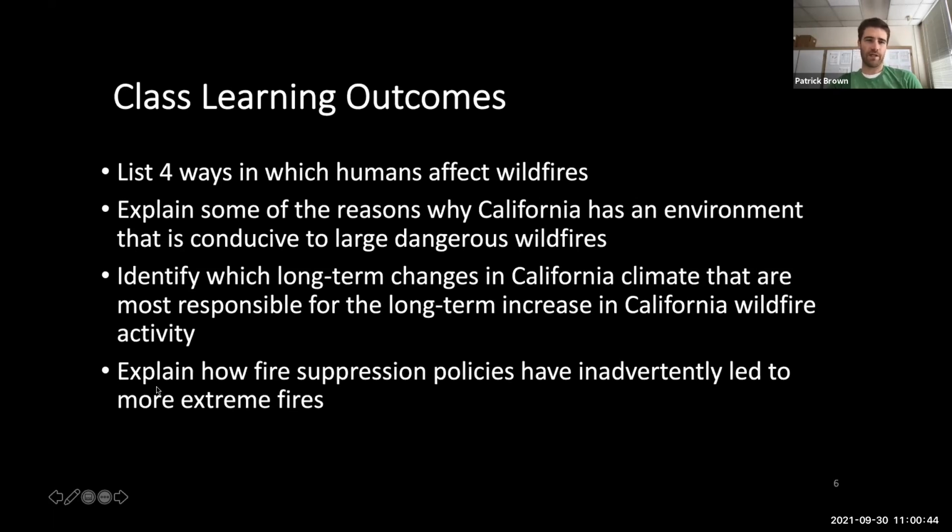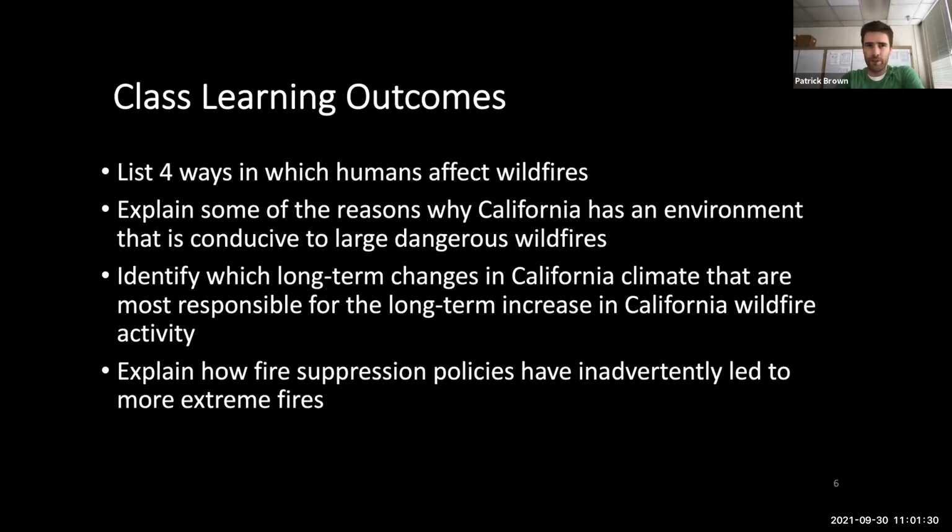So if you follow the news on this, you often get this dichotomy about, okay, we know that wildfires are increasing in California, and then some people really emphasize climate change and de-emphasize this idea of poor forest management, and other people do the exact opposite, really emphasize forest management and de-emphasize climate change. So we're going to talk about both, and you can tell from these class learning outcomes that the scientific literature on this suggests that there's a large contribution from both of these things.